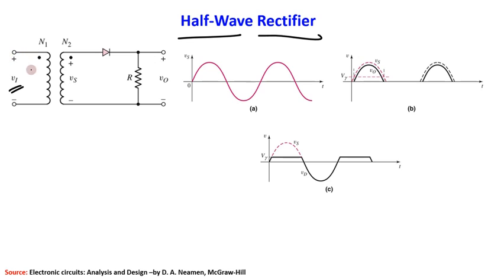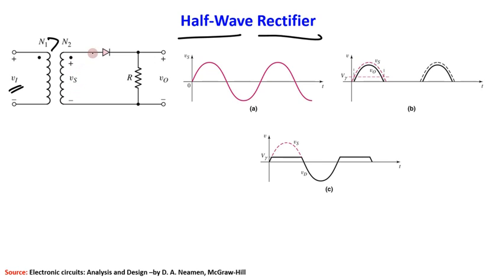And it has to be connected with a transformer because we need to first step it down. So you have to use the step down transformer, where the number of turns for the primary coil is N1 and the number of turns in the secondary coil is N2. Then obviously if it is step down, N1 has to be greater than N2, right? So this is the secondary coil, and here suppose the required voltage is Vs.